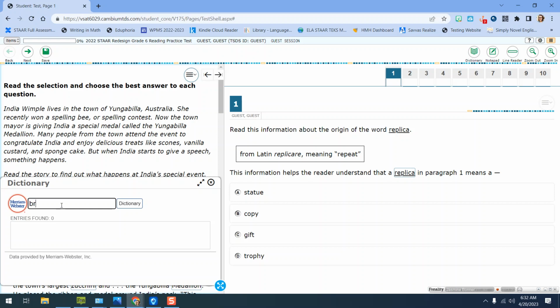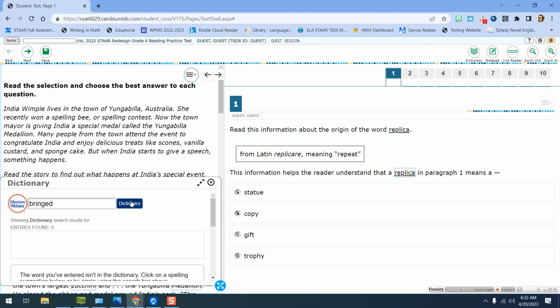Let me just type in bring. I want you to type the same thing. And then you can either click the dictionary button or click enter. All right, it has 0 entries found. So I'm not going to give up though, because look, I have a scroll bar over here, guys. Scroll down